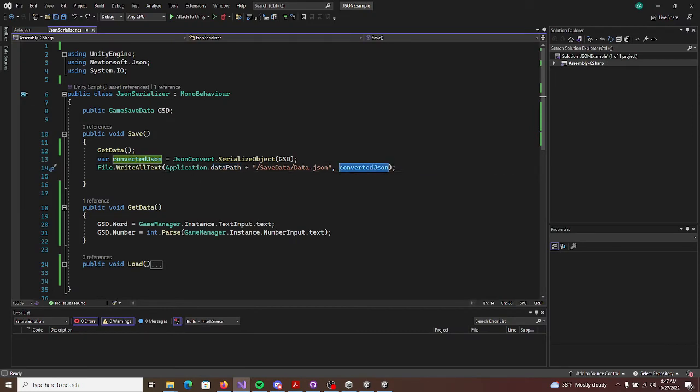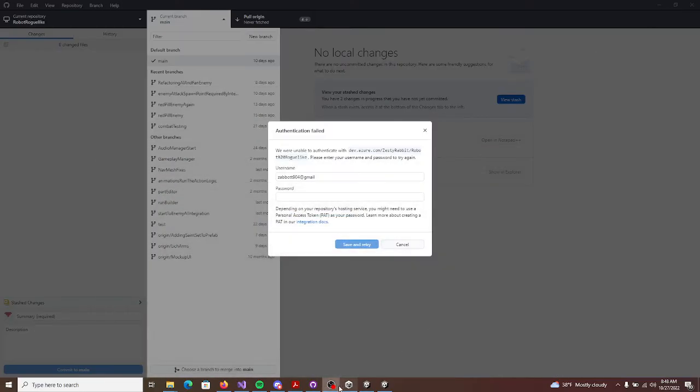Now, the second parameter that WriteAllText takes is your actual contents. What are you writing? And that is just a string. So we're going to write our converted JSON to the data file, right? And that gets you your JSON saved to the disk. So that's like half the step, right? If we go now,